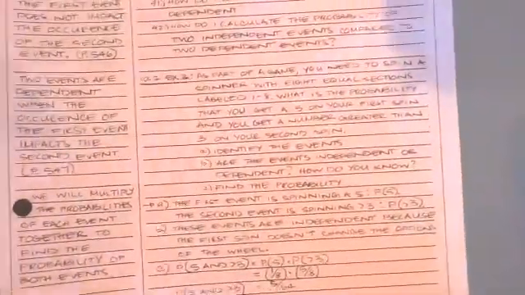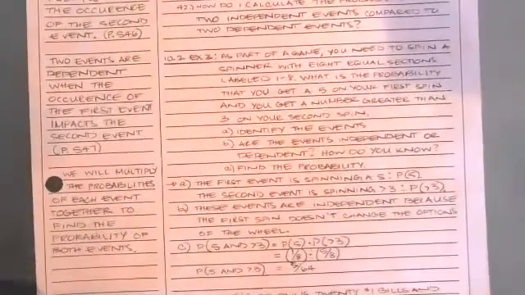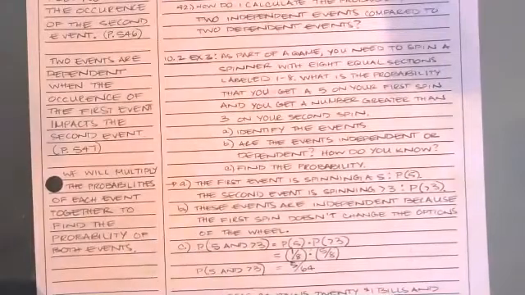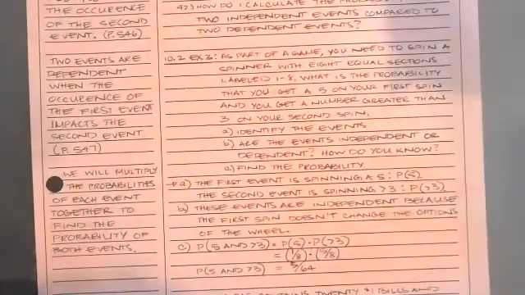Okay, so here are our examples. So 10.2, example 3. As part of a game, you need to spin a spinner. It's got 8 equal sections labeled 1 through 8. What is the probability that you get a 5 on your first spin and you spin a number greater than 3 on your second turn? So I've got 3 directions here. First of all, I want you to identify the events. Secondly, I want you to tell me if they're independent or dependent and how do you know? And the last thing I want is to find the probability and check your answers again.